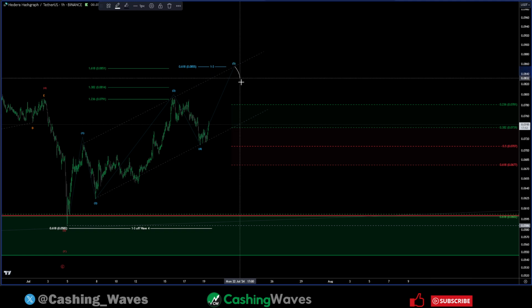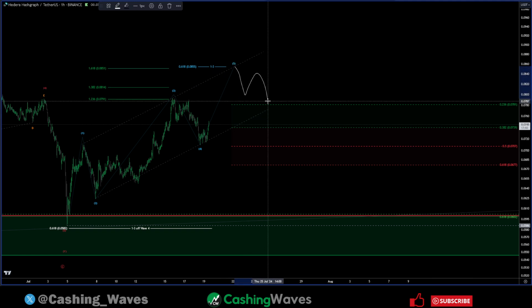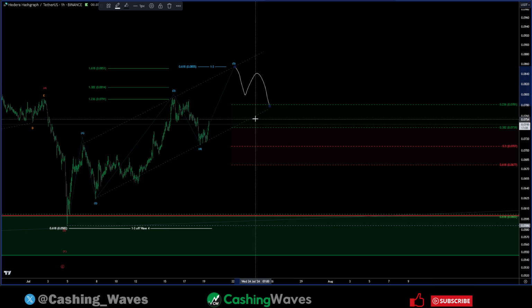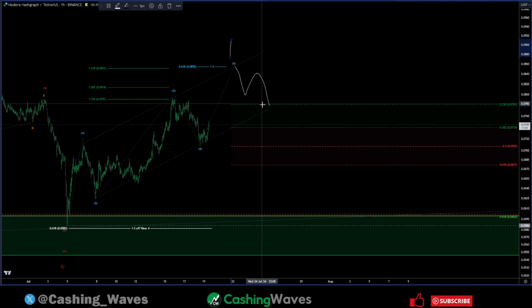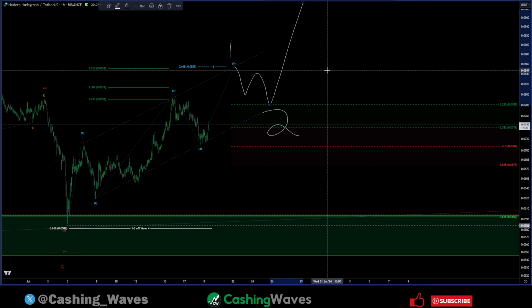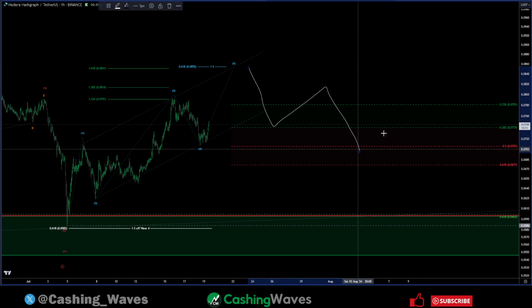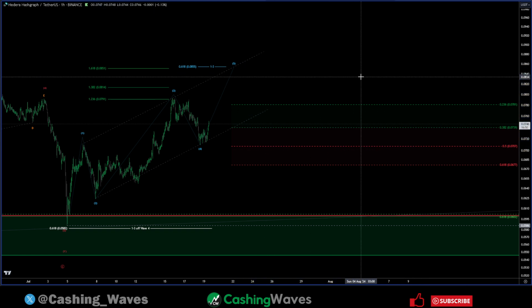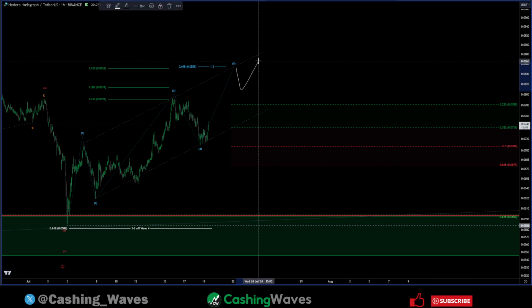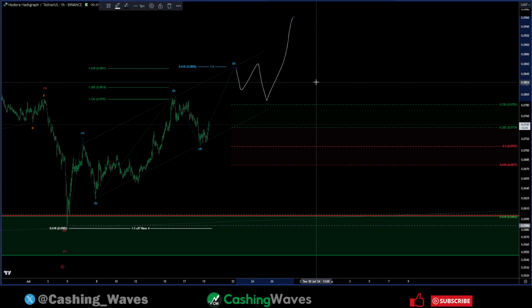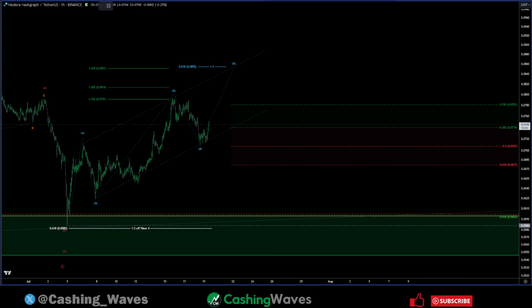Sometimes what you get is a very shy retracement, just a 236, and very small in time. Literally, this can be all the correction you get, and you just explode to the upside. So just be aware of that. I know standard we look for our 50 to the 618, but nothing says we have to get that. In very bullish markets, I often see moves like this, and we just take off. Very short 1-2. And the way I would target that, if I wanted to play the breakout,